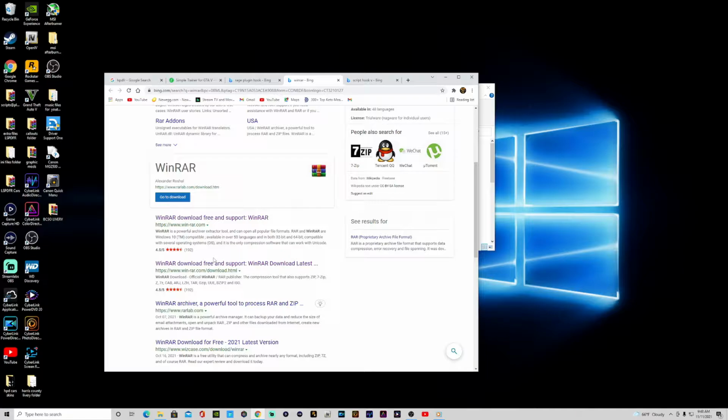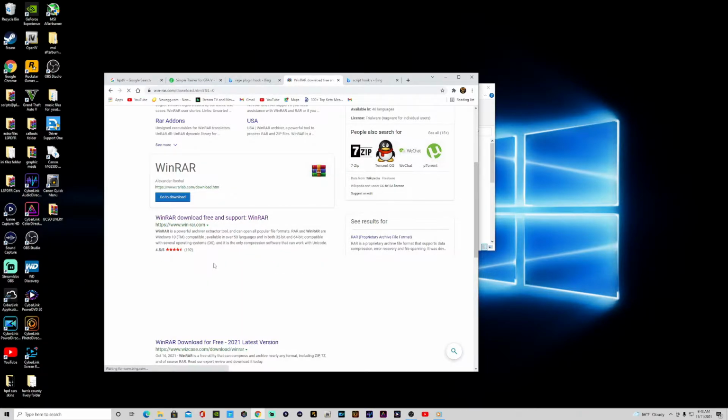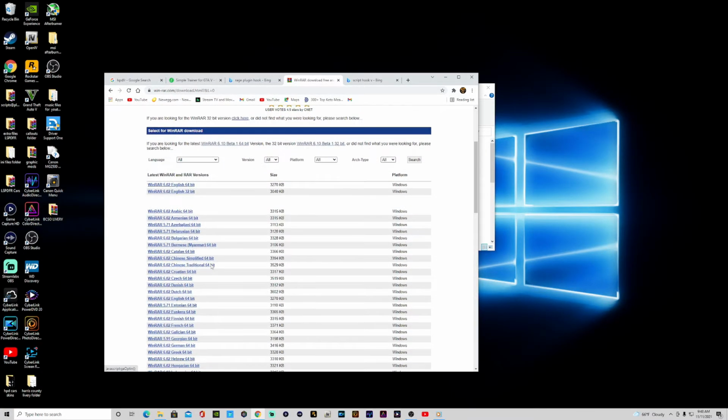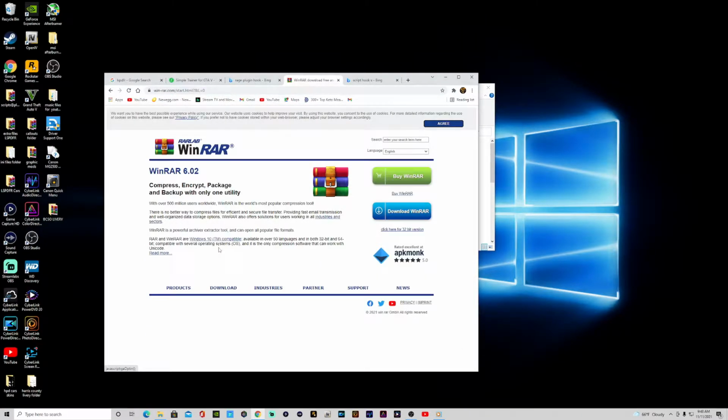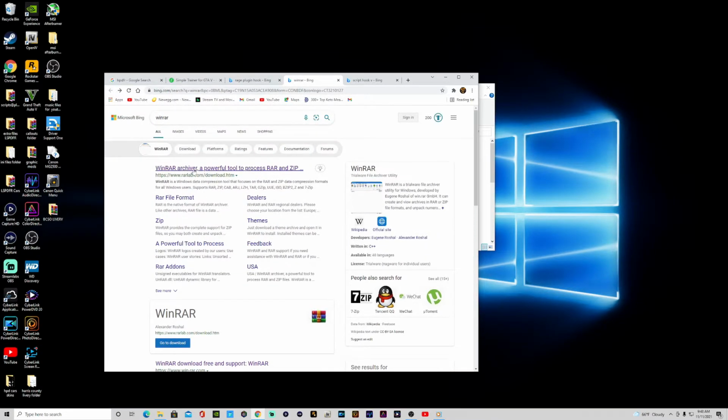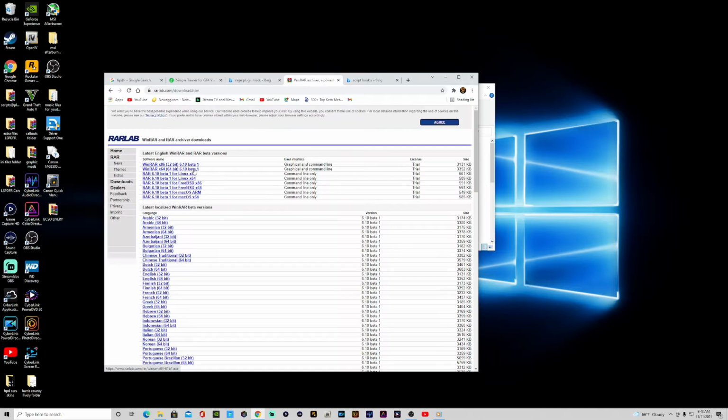you would go, I think it's this one. No, not that one. There's a couple of these that you would have to go to and download. It's not going to be that one either. My apologies, guys. I think it's probably this top one. So okay, yeah, you would go to this top one, the very first one, and depending on your system and